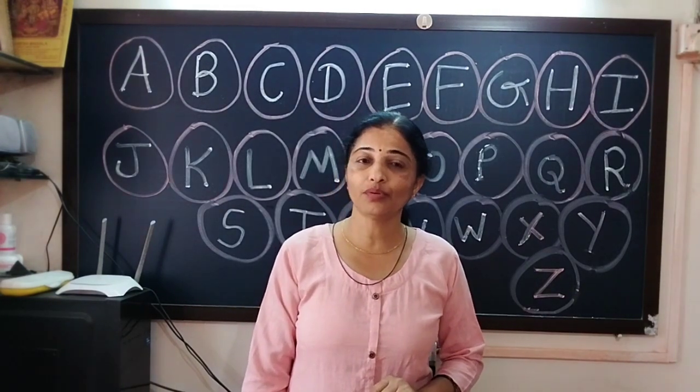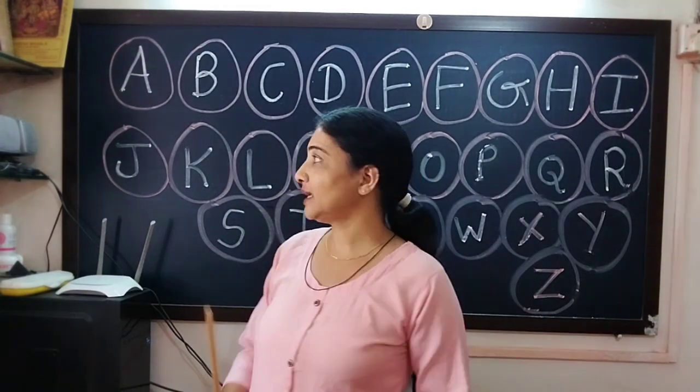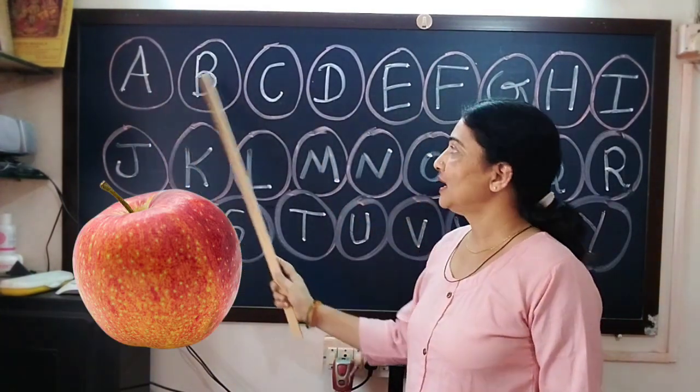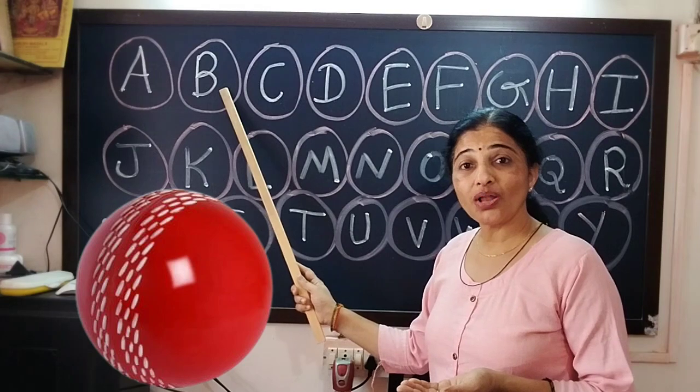चलिए आज की क्लास में हम लोग ABCD पढ़ने वाले हैं। ओके, चलिए आप लोगों को मेरे साथ साथ में बोलना है। ओके, चलिए रेडी हो जाइए। A for apple, B for ball, say B for ball,